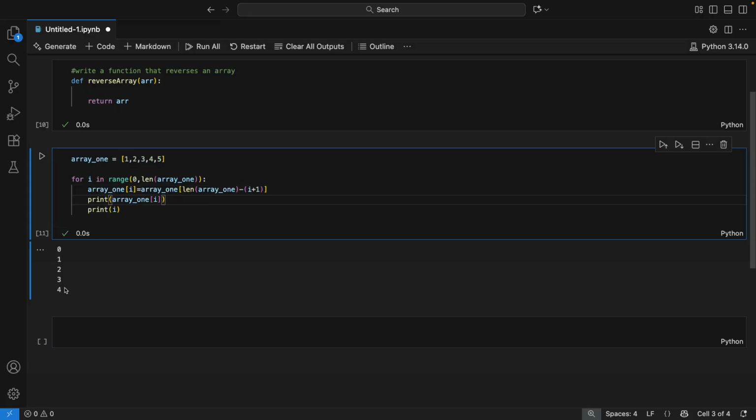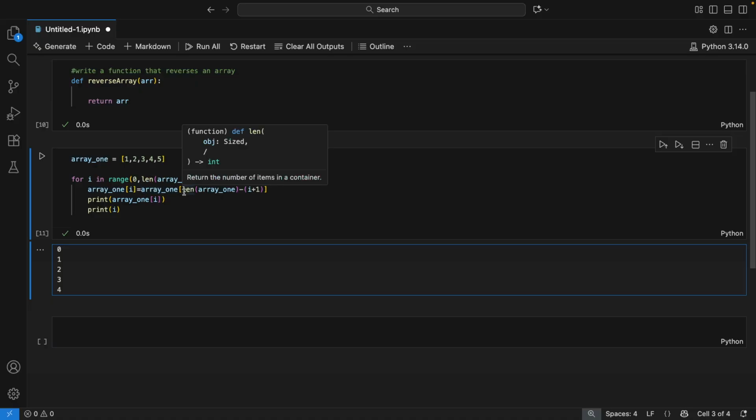So when we're trying to change 4, the last position to the first position, we want to get, hold on, I'm getting confused. If we want to change the last position's value to the first position's value, so if I have array, okay, I want to change the first position's value to the last position's value. Array of 0 equals array of 4,